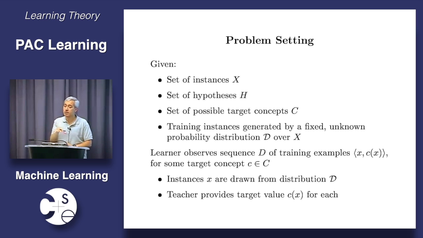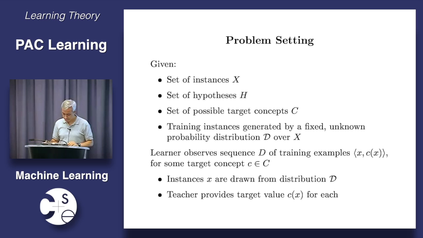We're not in here going to look at the case where this instance 80% of the time is positive and 20% of the time is negative. We can handle that case in general, but here we're just going to stick with the simplest case. And so now what the learner does is it sees a sequence of training examples X, C of X, where C is the class of X. Of course this came from my target concept C, which is a member of my set big C.